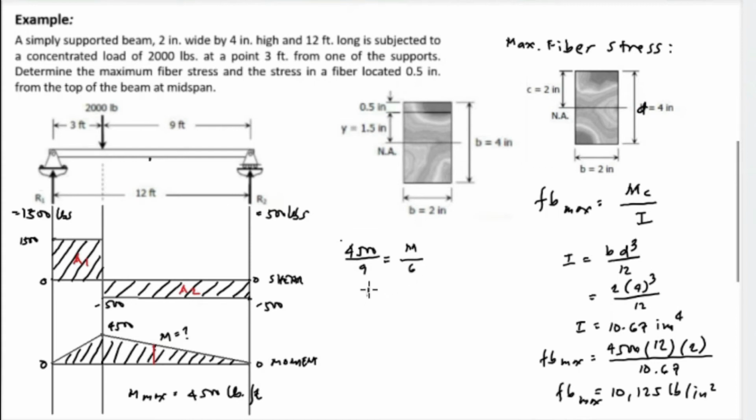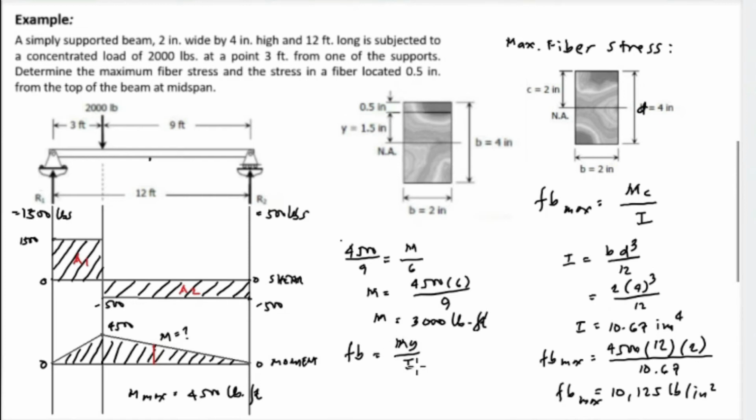And the value for m is equal to 4,500 times 6 divided by 9. And the value for m is equivalent to 3,000 pounds-foot. And we will be using this to find the bending stress at midspan using the formula My over I. So F sub B is equal to